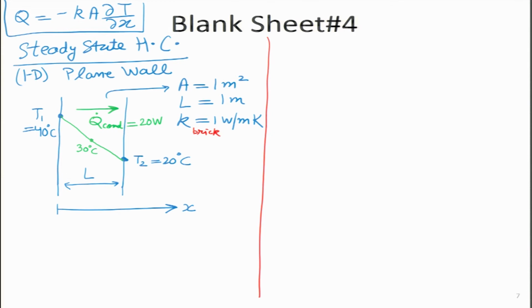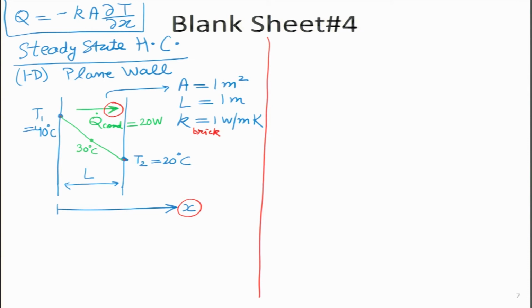An interesting thing that we will learn very soon is that it is a positive quantity, and it is positive because both the axis direction as well as the direction of heat transfer, because of having higher temperature on the left side and lower temperature on the right side, are aligned. So, it is a positive heat transfer. So, we have a plus 20 watt of heat transfer taking place over here.